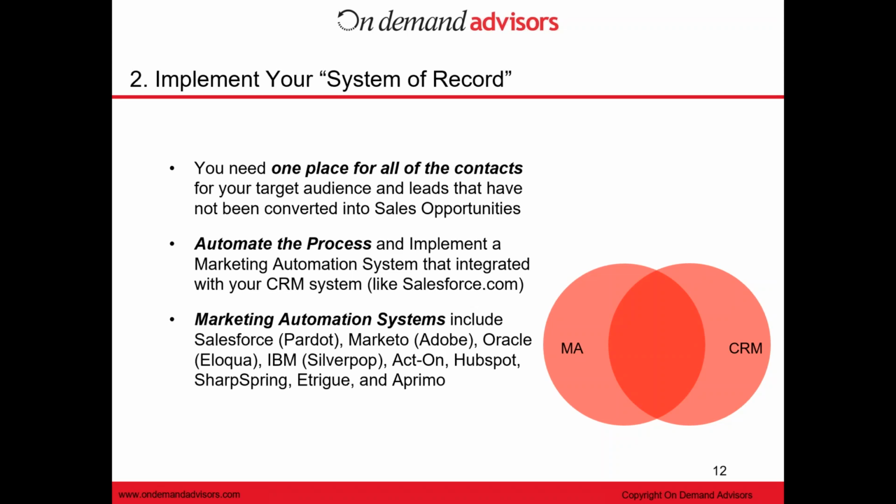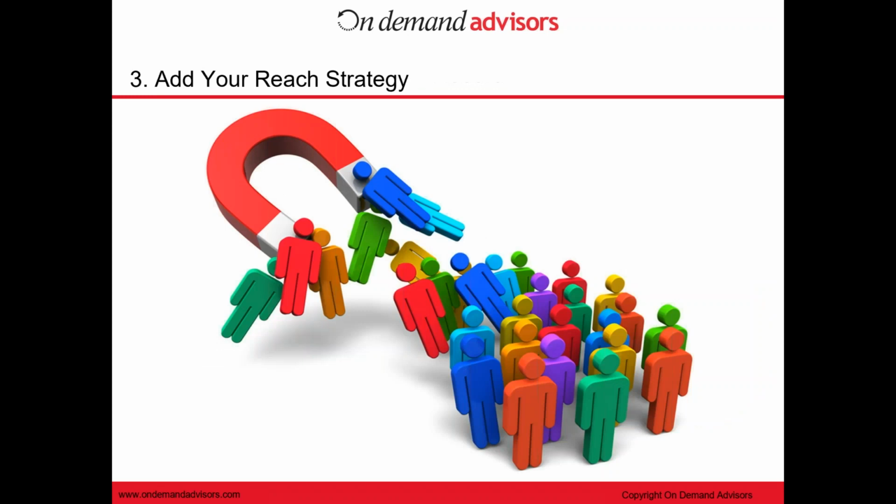He's going to talk to you about number 3, which is your reach strategy. Oh, thanks, Craig. So number 3 that we think is really important is having a reach strategy. What we find for a lot of companies is they may craft, or we may help them craft, an incredible message, incredible offers, but they may only be reaching 5% of their target audience. And that means 95% of that target audience perhaps don't know you exist, maybe don't understand your value propositions, and can't partake.